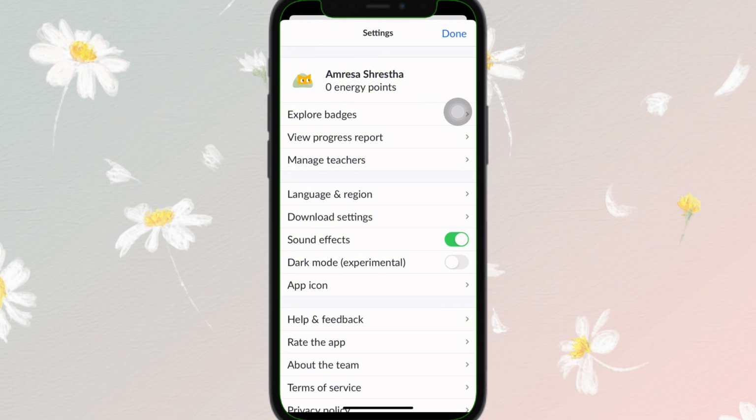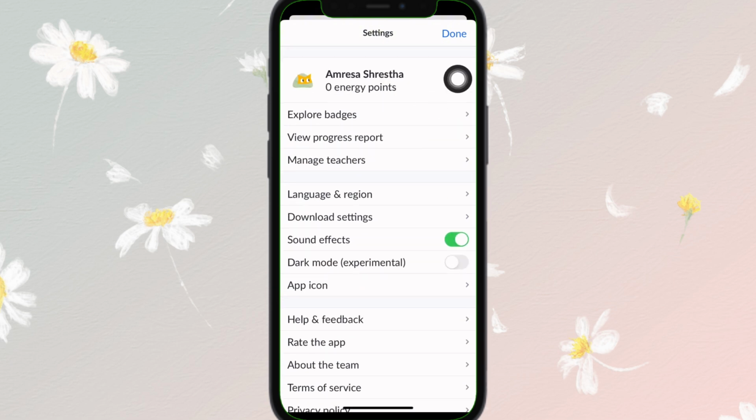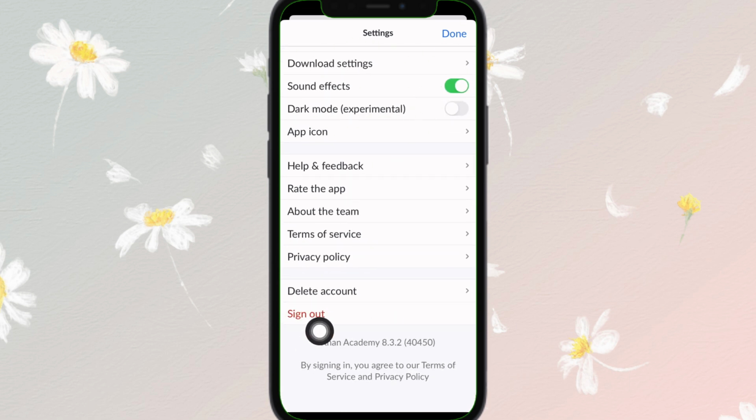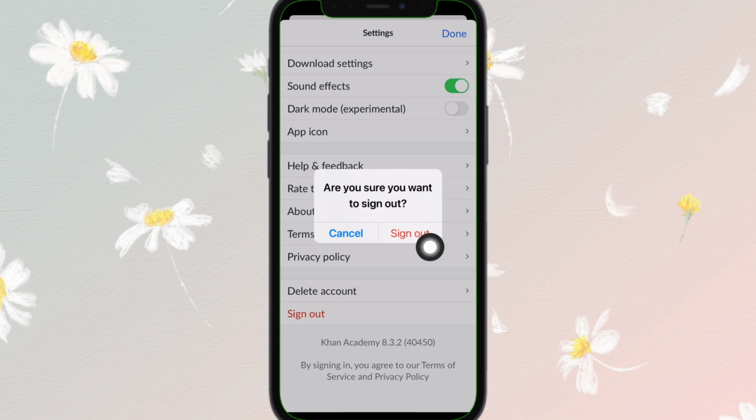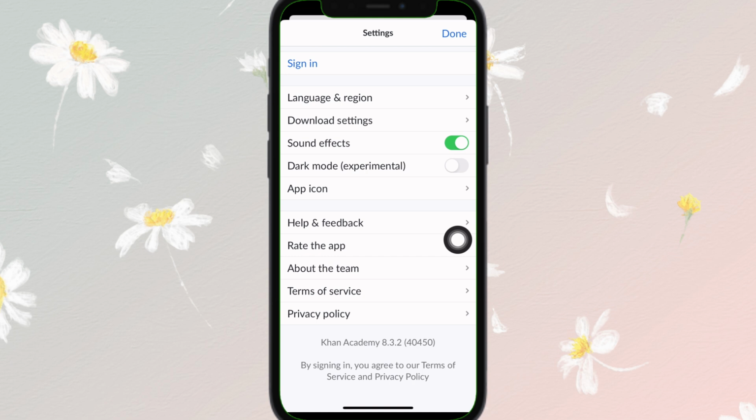Now here you can see even if I am tapping on it, it does not open any feature to change the name. Now scroll down and here you can find sign out. Now tap on it. Then again sign out. Now one thing to remember is that you cannot change your name in Khan Academy, so you need to simply